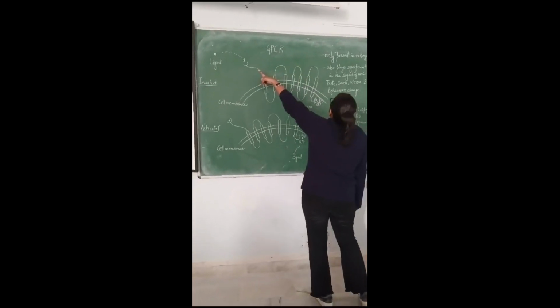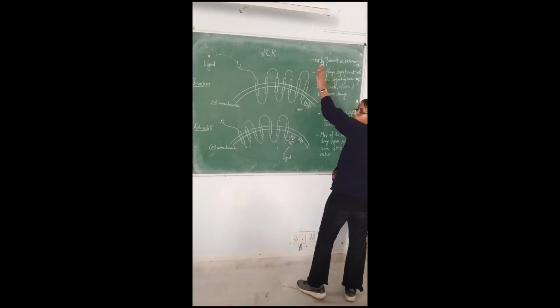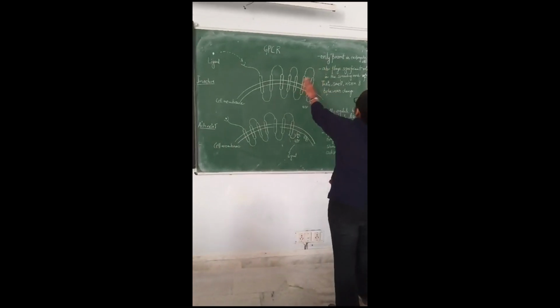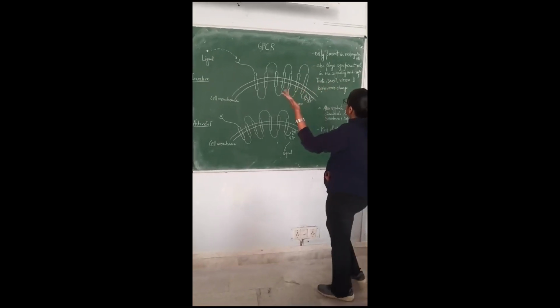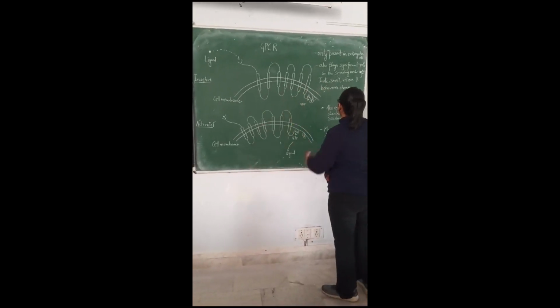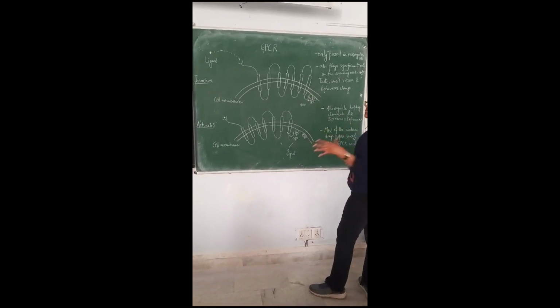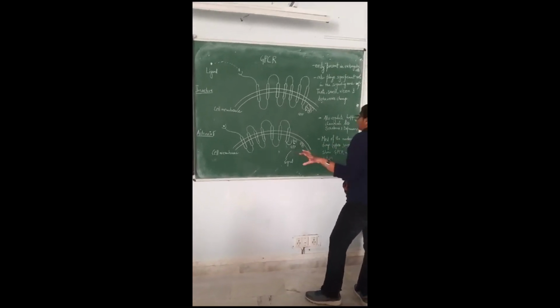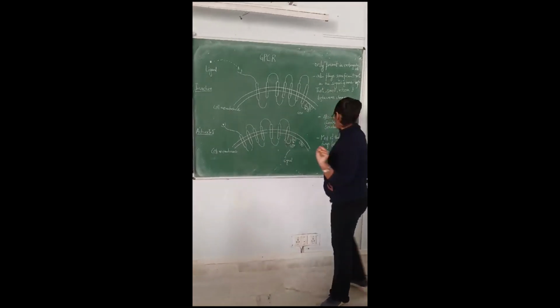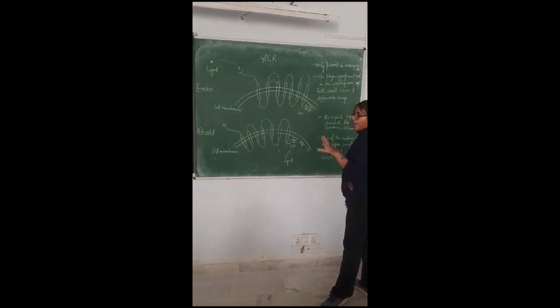And this GPCR receptor is only present in eukaryotic cells. And it also plays a significant role in signaling mechanism of taste, smell, vision, and behavior changes. It also regulates happy chemicals like serotonin and dopamine. And most of the modern drugs, approximately 30 to 50% drugs, show GPCR mediated action.